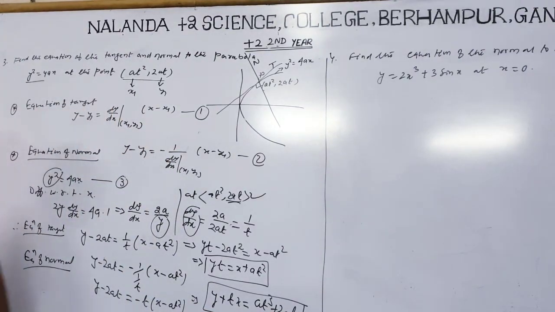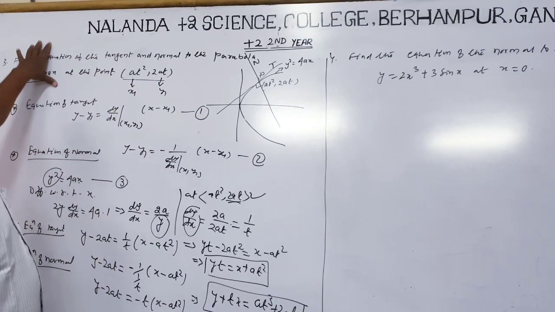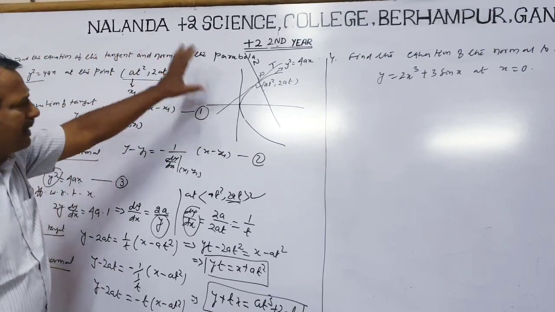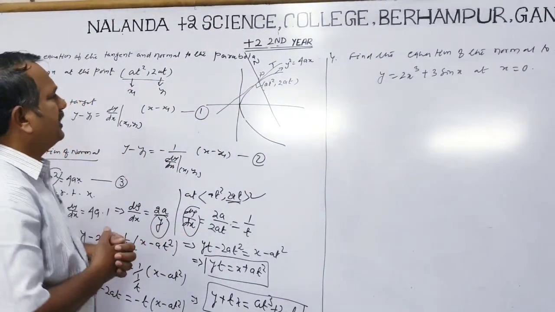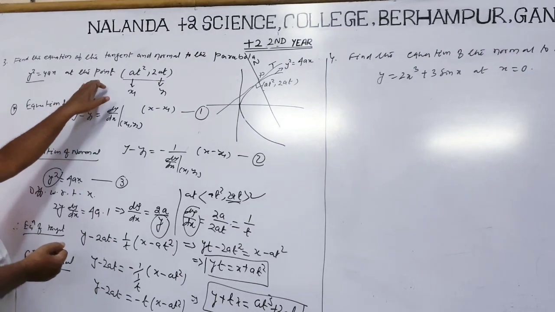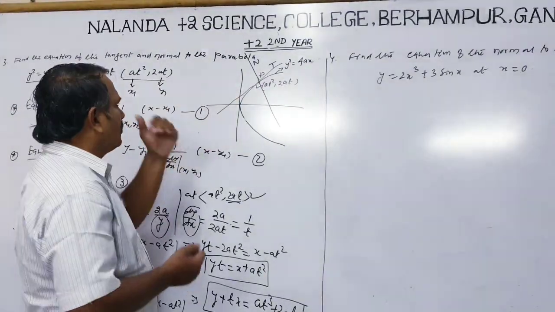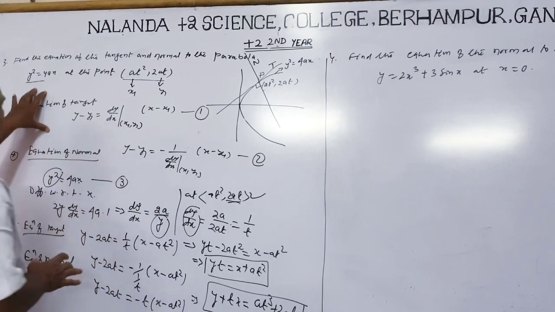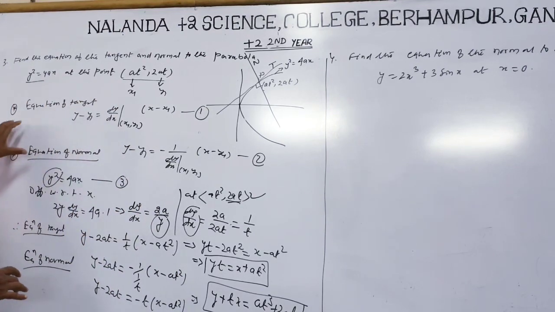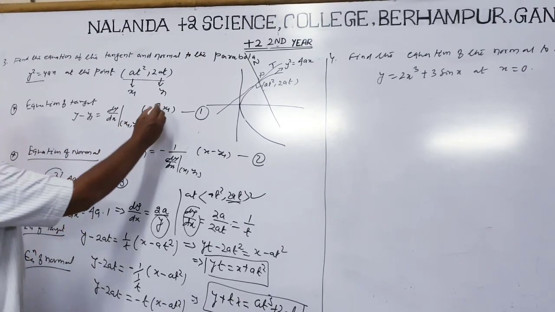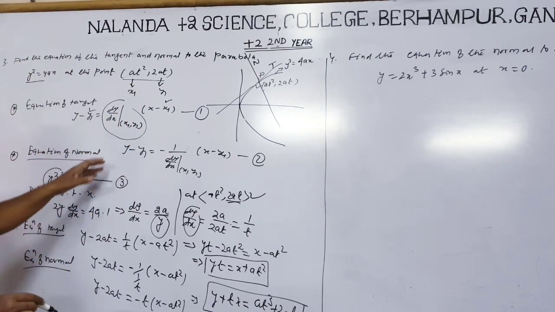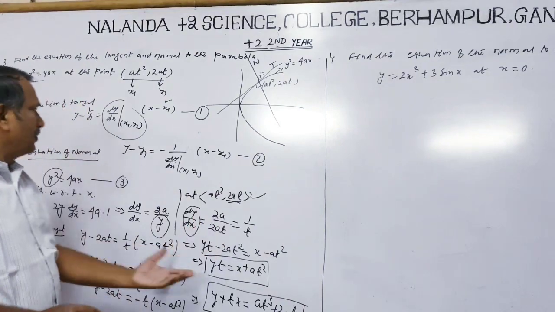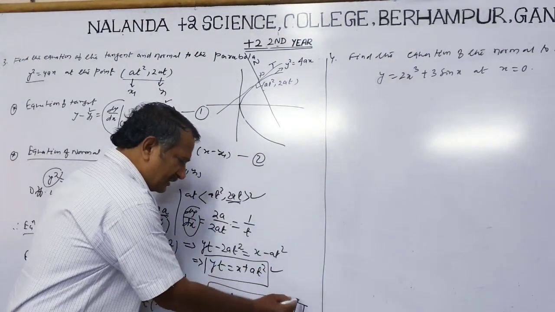That means here a curve is given, find the equation of tangent and normal to the parabola. Any curve is given, this equation of parabola we know, from 2-dimensional geometry. Now the point is given, let us say at x equal to at square, 2at. So this is the formula. What is the equation of tangent? This is the formula, and this is the normal. Now here x1, y1 are given, but find the derivative. Substitute to get the slope, then use the formula and we get our answer.